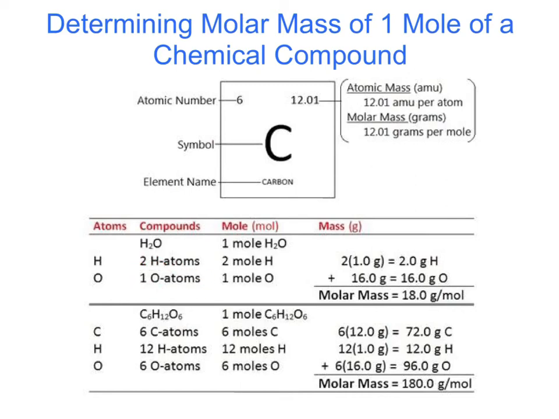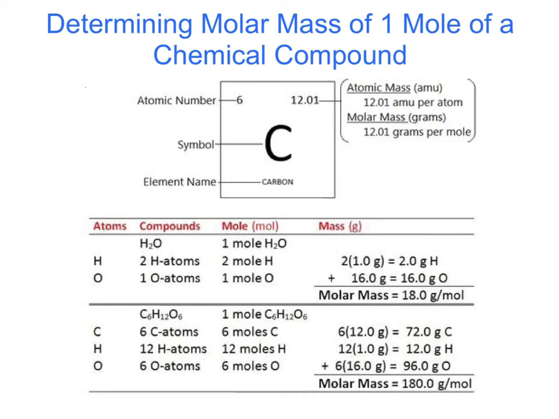And based on this, atoms to moles, we can do the direct 1-to-1 conversion. So now we have 1 molecule of water. If we convert that to a mole, 1 mole of water has 2 moles of hydrogen and 1 mole of oxygen. We know how to figure out the molar mass of hydrogen, and we know how to figure out the molar mass of oxygen. Since we have a 2 here, because remember the subscript, we need to multiply the molar mass of hydrogen by 2, because we have 2 of those species in the